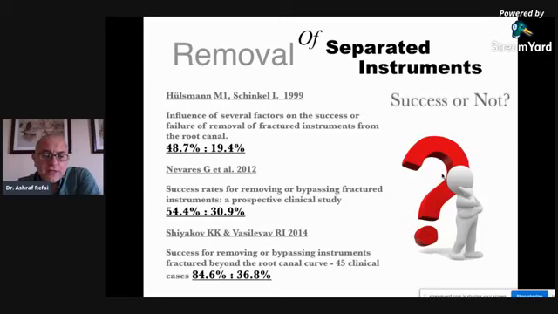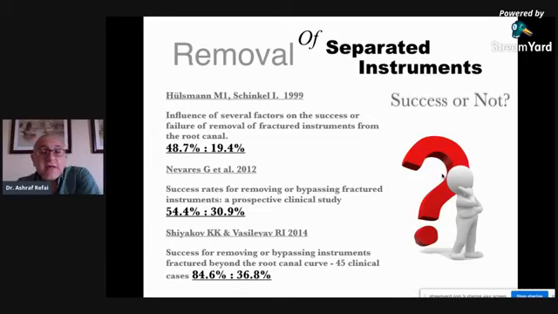In 2014, unusually, you have research in which the success for bypass was 85% out of 45 clinical cases, compared to 36% for instrument removal or retrieval. For me, 85% of cases successfully bypassed is not a number which I reach in my clinic. The number in my clinic would be about similar to the research of 2012 by Navarez. About 50% of my cases I will be able to bypass, and about 30% I'll be able to remove.